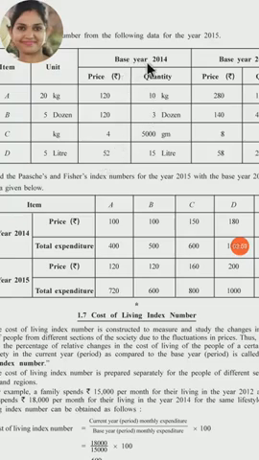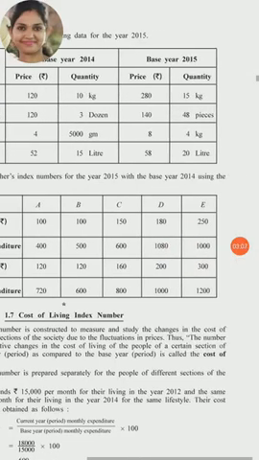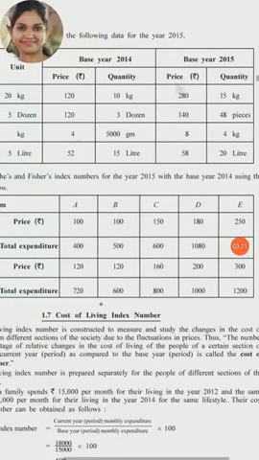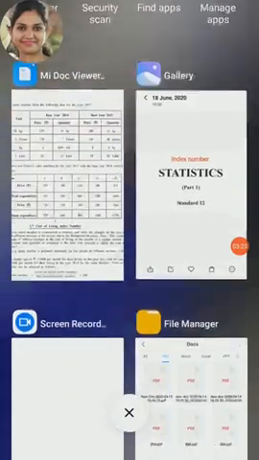See, the base year price, P0 column is given, Q0 column is given. Then actually in the textbook there is a printing mistake. This is the current year 2015, right? So remember this thing, you have to change in your textbook to price P1 and Q1. Right? Let's see the answer.